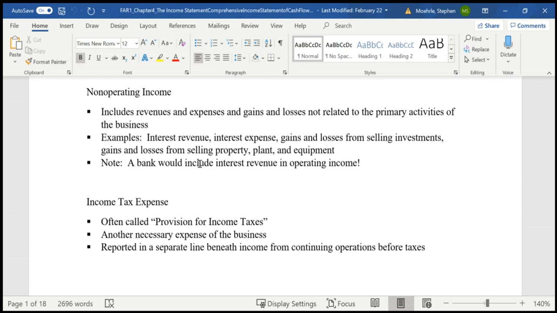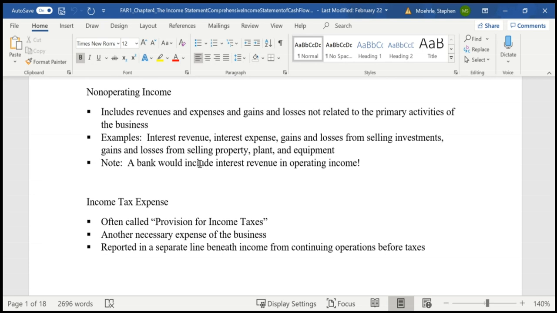But a Target would not include interest expense there, because Target has made a financing decision and they could have easily financed all their assets with equity and not have that interest expense. That wouldn't necessarily be a good financing decision, but it shows why a company will put interest expense in the non-operating